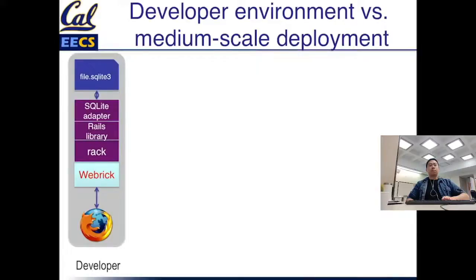Now, even within the logical architecture, where we said that there's these 3 different tiers, that's just a logical diagram. Another question is, how do those things map onto physical hardware? Now, in the case of the homeworks you're doing in this course, or when you're doing your own development of your own SaaS applications, typically you'll have a single machine that's hosting all of the pieces. So, this gray box here you can think of as your laptop, and on that same machine you're running your own web browser to test things. You're running some kind of a presentation tier, and we're using WEBrick, which is a really, really simple development web server that ships with Rails by default. It can only handle 1 user at a time,